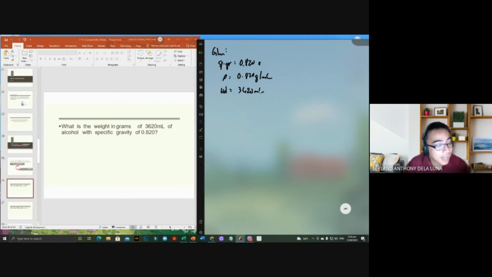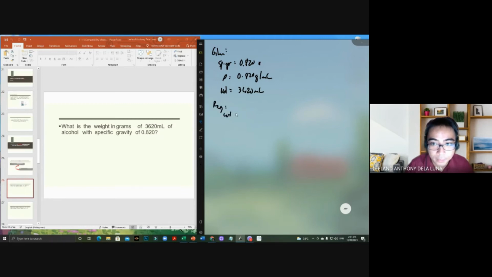Tandaan nyo nga pala, class, ha? Whatever your specific gravity is, pag gagamitin natin siya as density, automatic, ang units niyan is in gram per ml. Okay, matik yun, ha? Right? If we're given a specific gravity of 0.820, if we're going to use it as a density, it's going to be 0.820 grams per ml. All right? Always yan. Okay? So, yun. So, ang required natin